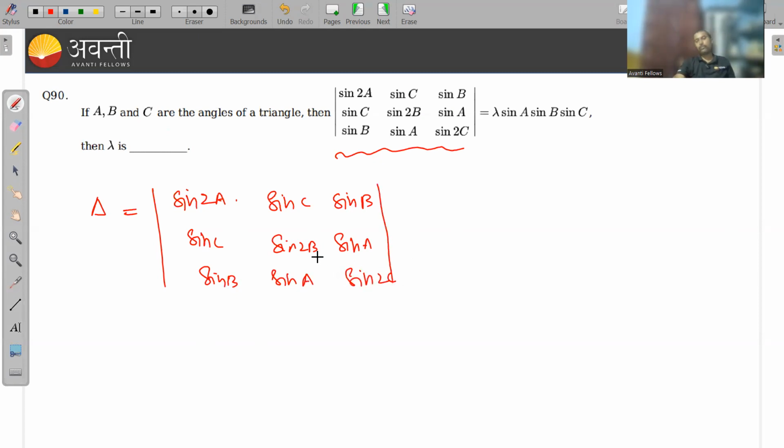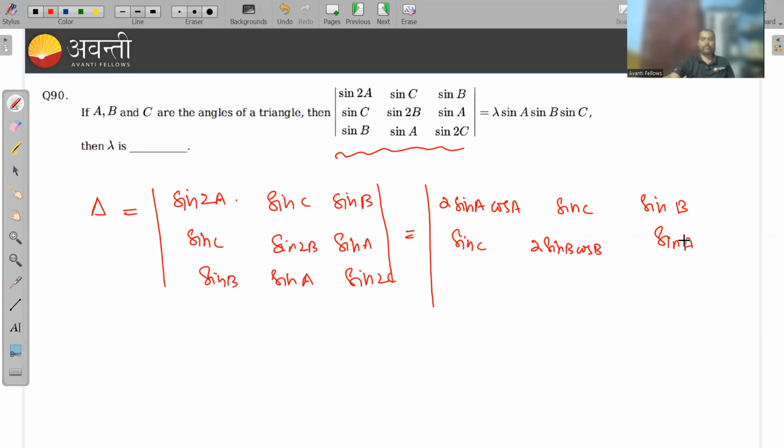Now, if we use the double angle formula for further simplification, this can be written as 2 sine A cos A, sine C, sine B; sine C, 2 sine B cos B, sine A;